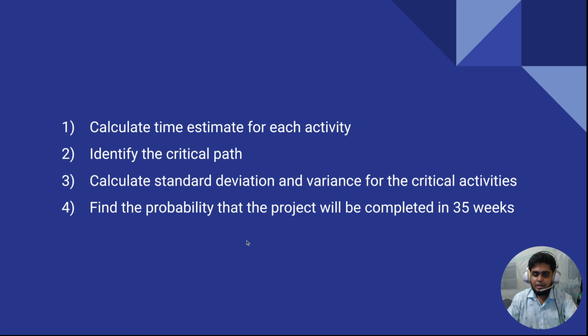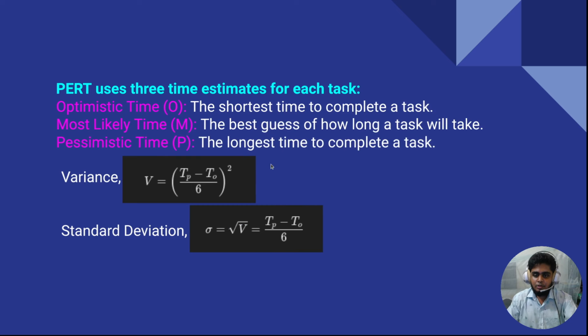So let's jump into the second part, first question basically. Before jumping into the solution, let me recall what optimistic time, most likely time, and pessimistic time are. Optimistic time is the shortest time to complete a task. Most likely time is the best guess of how long a task will take. Pessimistic time is the longest time to complete a task, and these are the equations for calculating the variance